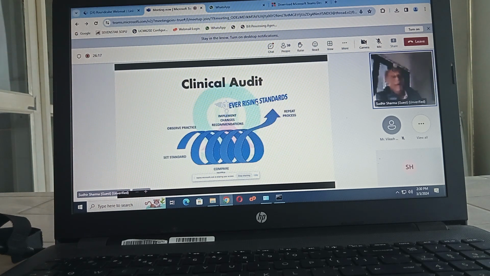Clinical audit. You observe the practice and the standard, and then you come to me and further raise this and again you go up, then further raise this and again